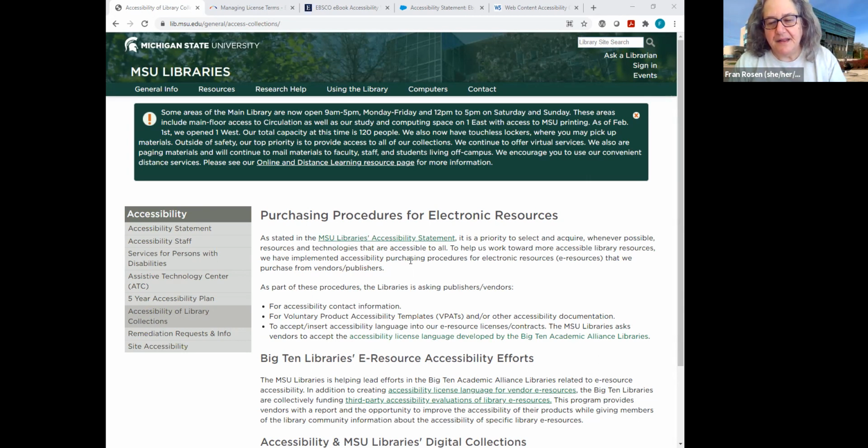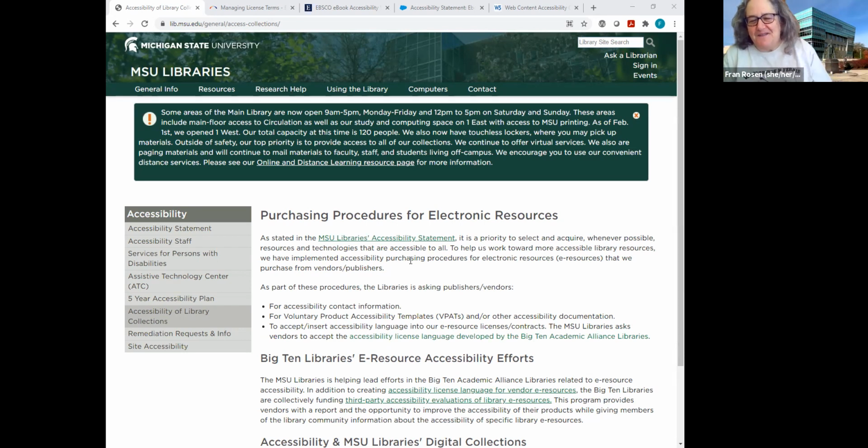And so that's one of the things that different libraries might do, would be to just set up, okay, here's our policy, here's our procedure. Some libraries, I know Michigan State, as I remember, run everything through their legal office for accessibility accommodation, to meet that. Others of us are,